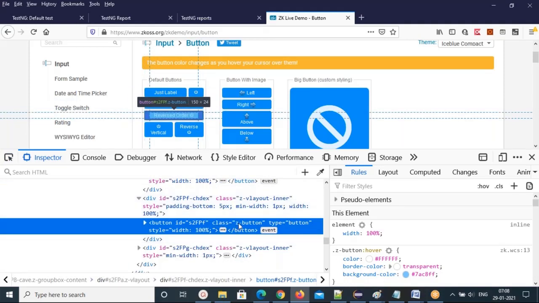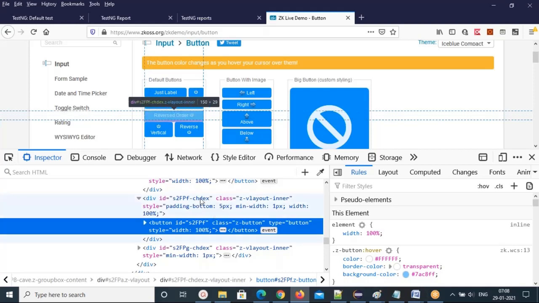That means every button has the class value z-button. So based on the class, I can pull all these buttons into a list collection. In this page, everything having the same class, all of them I am pulling into a list collection. That's the test case we are going to do.